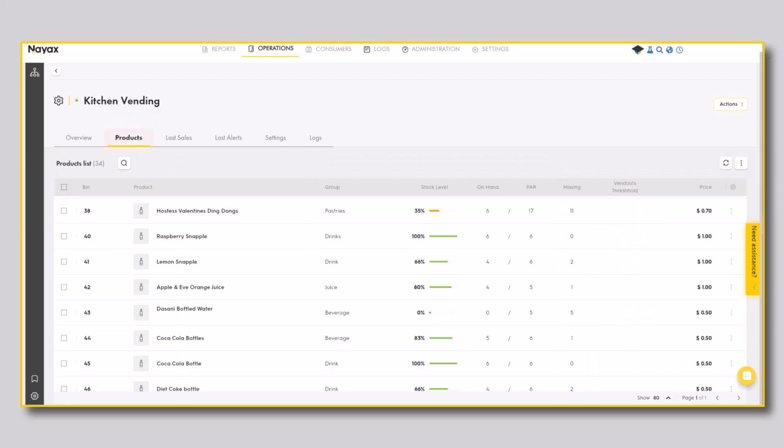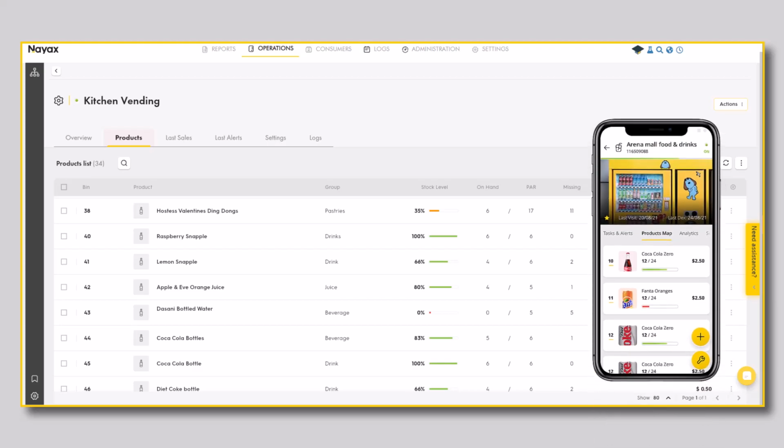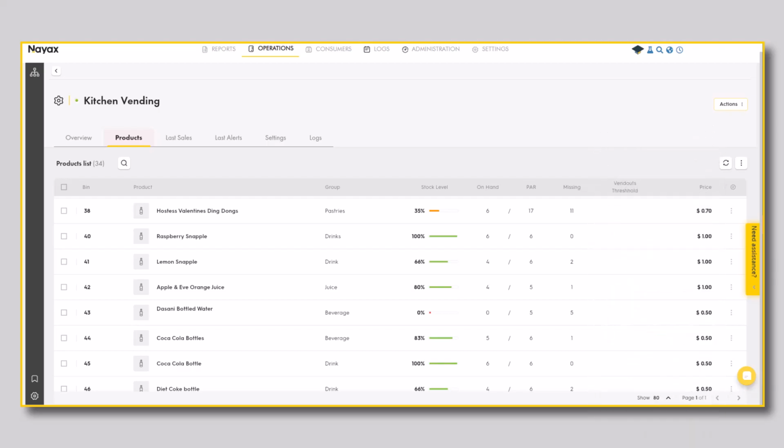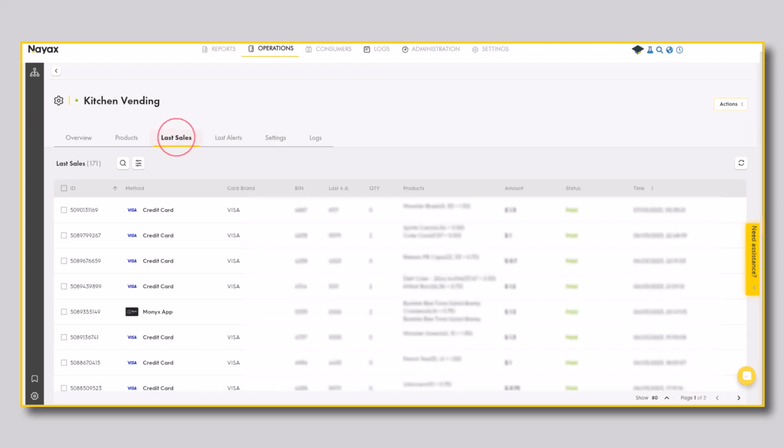In the Products tab, you get a clear overview of a single machine's planogram. This may all seem familiar to you, as we have brought MoMa's ease of use to your desktop. Information about your machine is even easier to access now, since we moved your last sales and last alerts to